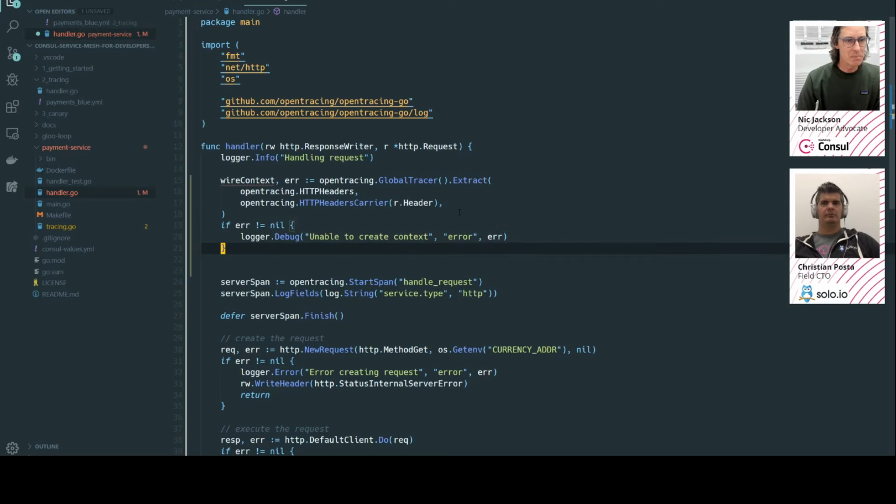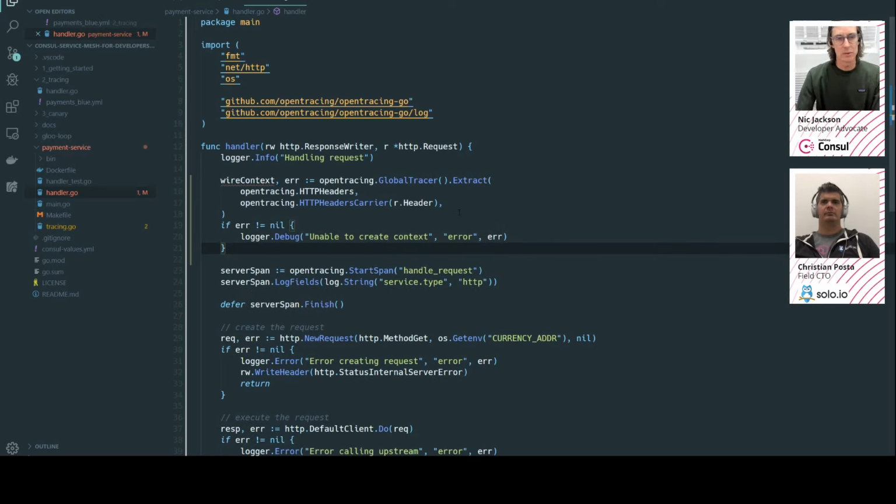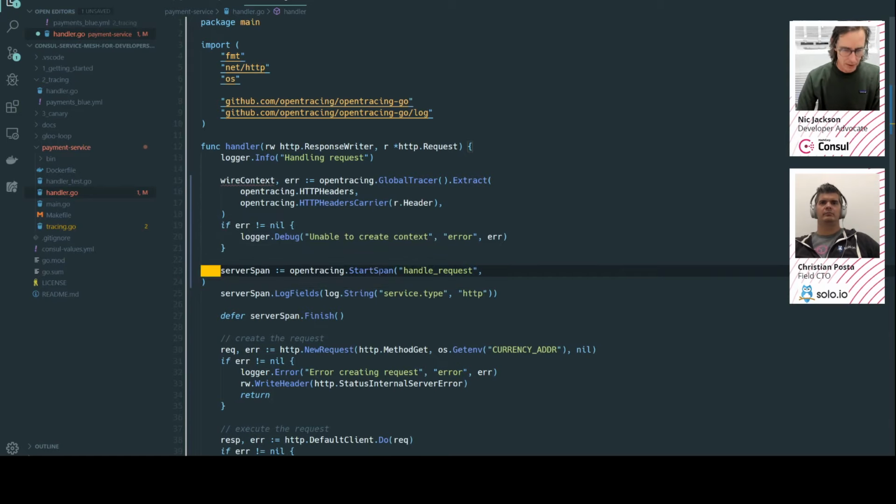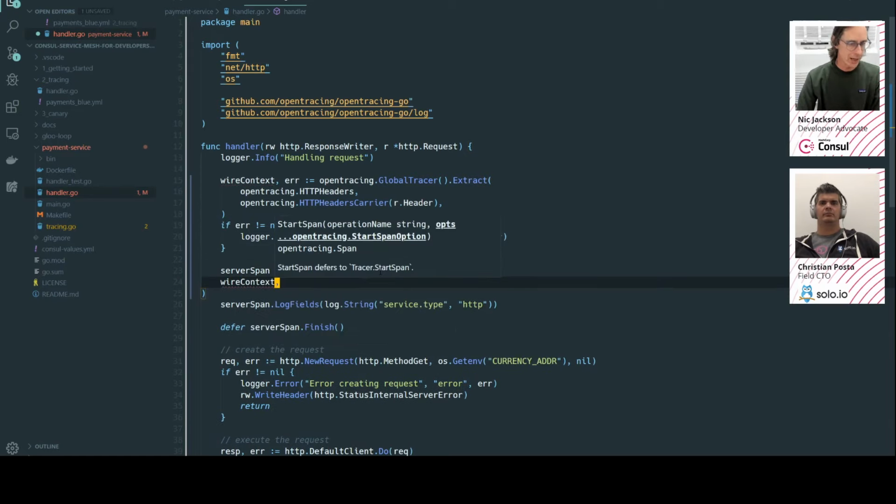Just the standard debug log, because if I can't extract a trace, I still want to create a span. It just means that there's no parent span. The XB3 headers haven't been set on the parent. So this is how I would start my span if I wasn't going to use the parent span. I can actually just add an additional parameter in here, and I can add my wire context, and